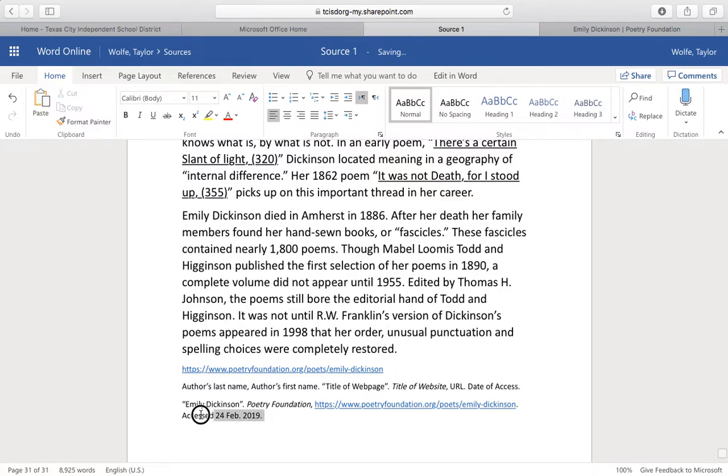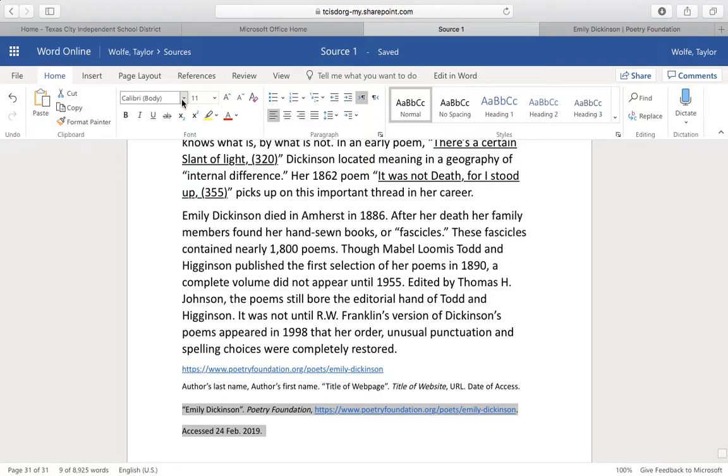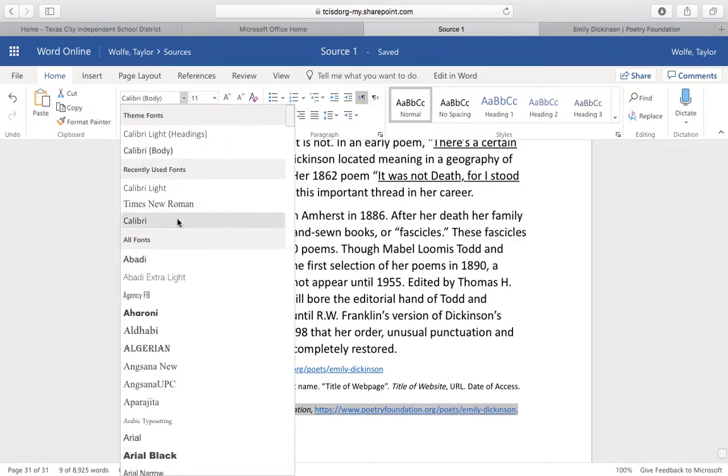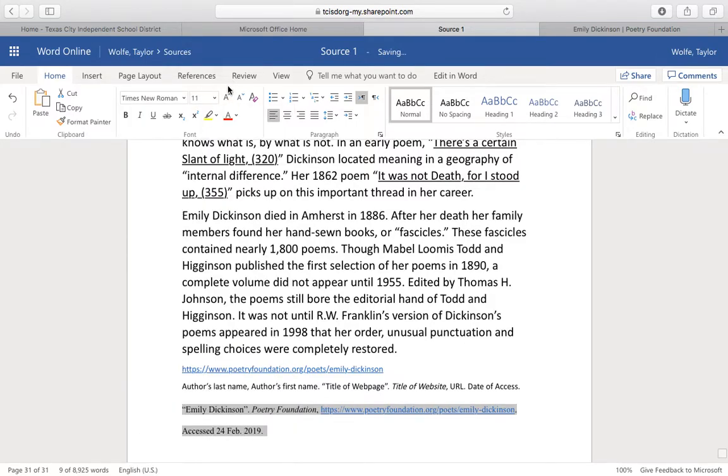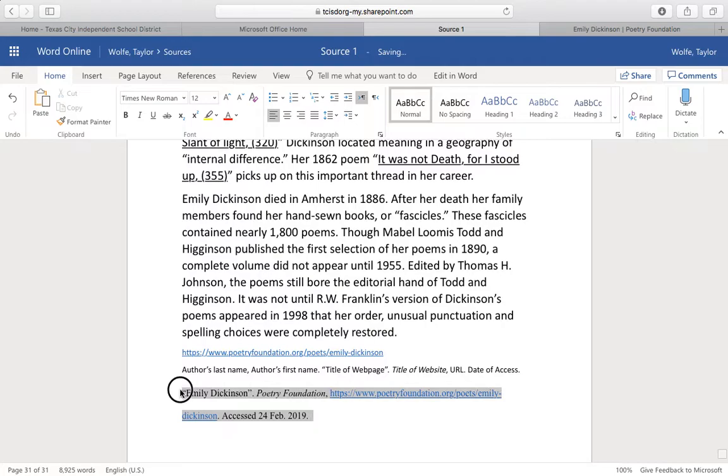Okay. I'm going to click on this. I'm going to change this to 2 because I want it double spaced. I'm going to change this to Times New Roman. I'm going to change this to 12. It's thinking. Okay, and that, my friends, is an MLA citation. Now, what is